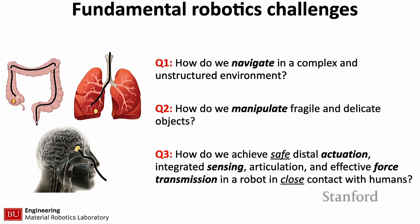Manipulation too. You can think of, you want to access a tumor located in the brain, maybe in a deep-seated location within the brain, and you want to remove that tumor. But how are you going to be doing that, preserving the healthy tissue surrounding it? Because at the end of the day, yes, you want to treat the tumor, but you don't want that patient to wake up with some neuromotor or neurocognitive functionalities impaired, and it's super crucial how you interact and manipulate the brain tissue. And so these are all really great case studies that allow us to tackle fundamental robotics challenges,